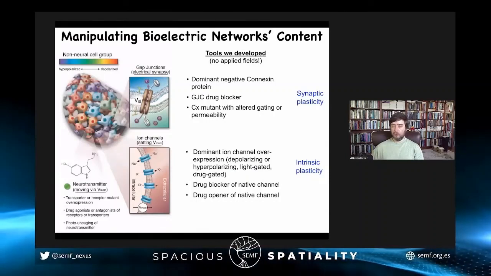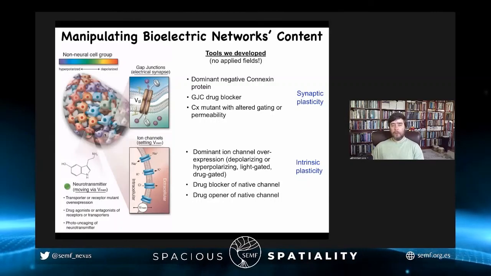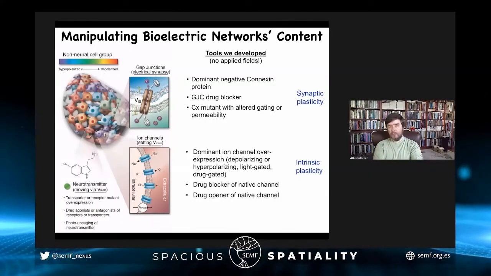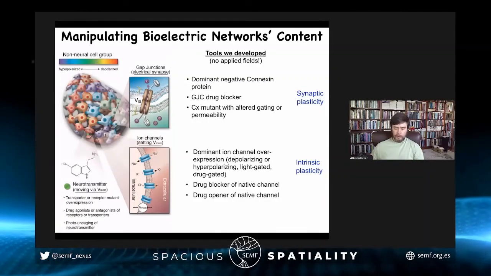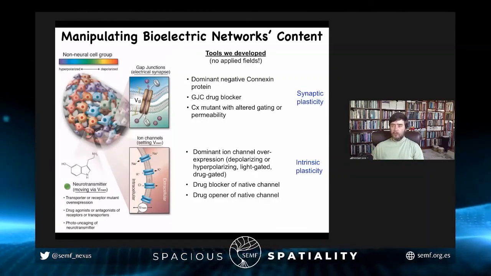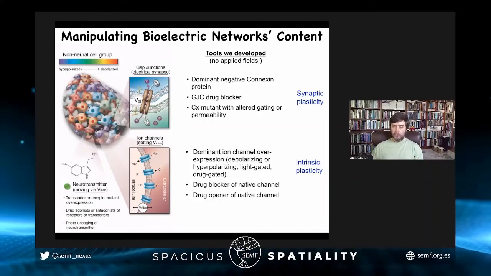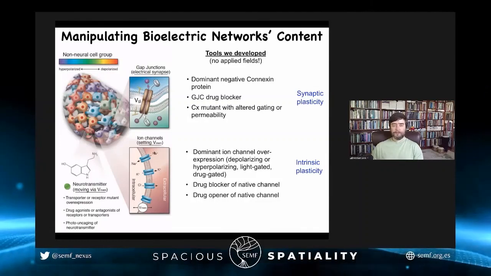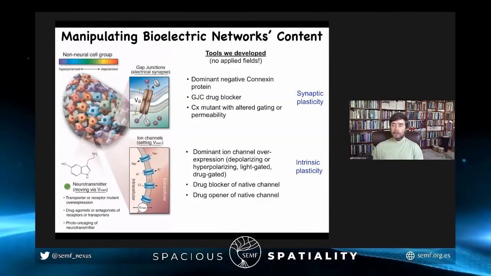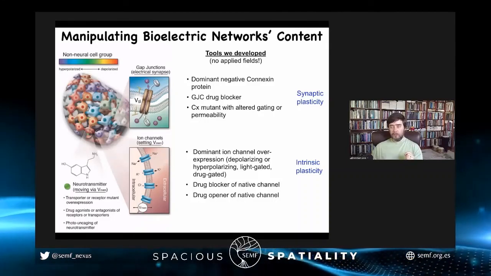Now here's another important set of tools to actually start to be able to write new information into it. And the way we do that, we don't use any applied electric fields. There are no waves, there are no magnets, there's no electromagnetic radiation. What we do is exactly what neuroscientists do, which is we modify the endogenous mechanisms by which cells establish electrical signals. So either ion channels, we can open them, we can close them, we can use light or drugs to do that. And the gap junctions, the electrical synapses, so we can determine which cells talk to which other cells by opening and closing these little gap junctions.